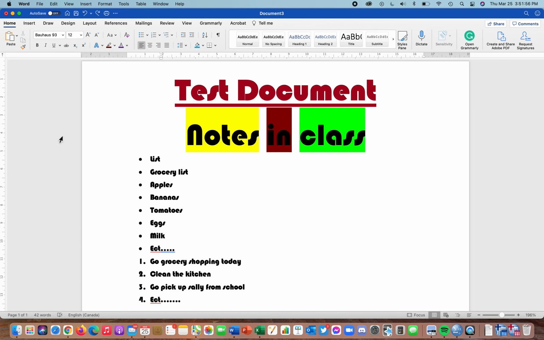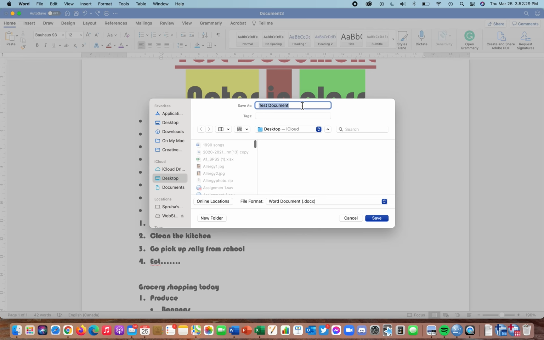Oh, and the last thing to teach you is how to save your Word document because you don't want to lose all your work that you just did. So in order to do that, you're going to click up at the top. So above your Word application, there should be a menu and it should say Word at the top. And what you want to do is click save or save as. Now, save as means you can choose the location of where you want your document to be. So I want my document to be on my Mac and I want it to be on my desktop. So this is where I'm going to click save. So once you click save, it goes right on this